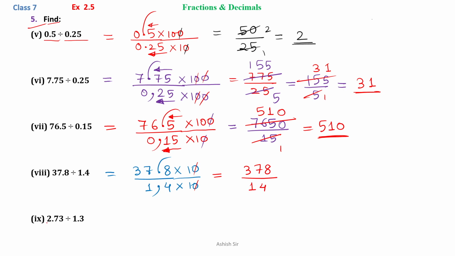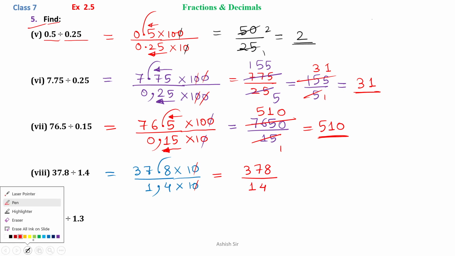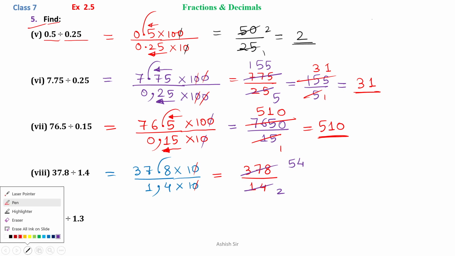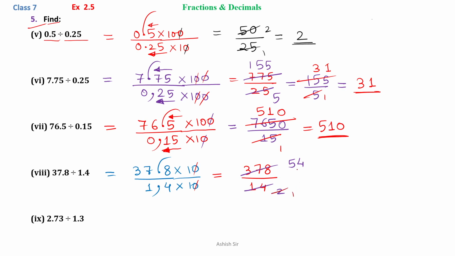This we can keep cancelling with, we can go with 7, the table of 7. So 7 2s are 14, 7 5s are 35, 2 carry over, 7 4s are 28. This we can cancel with 2: 2 ones are 2, 2 ones are 2, 2 twos are 4 and 1 carry over, 2 sevens are 14. So our answer is 27.